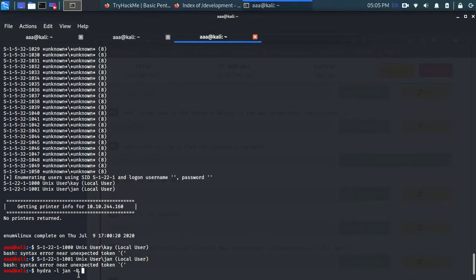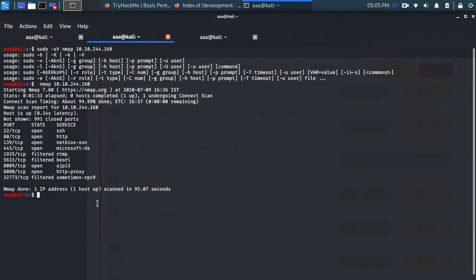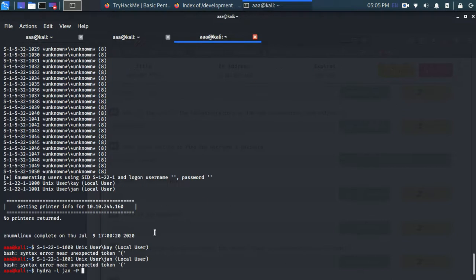So if you don't have a password list, you can go to this folder: ls /usr/share/wordlists. There's something known as rockyou.txt, and you can unzip this. I have unzipped it in my Downloads folder, so you can see in my Documents folder, this is rockyou.txt. Now I'm going to type the IP address.